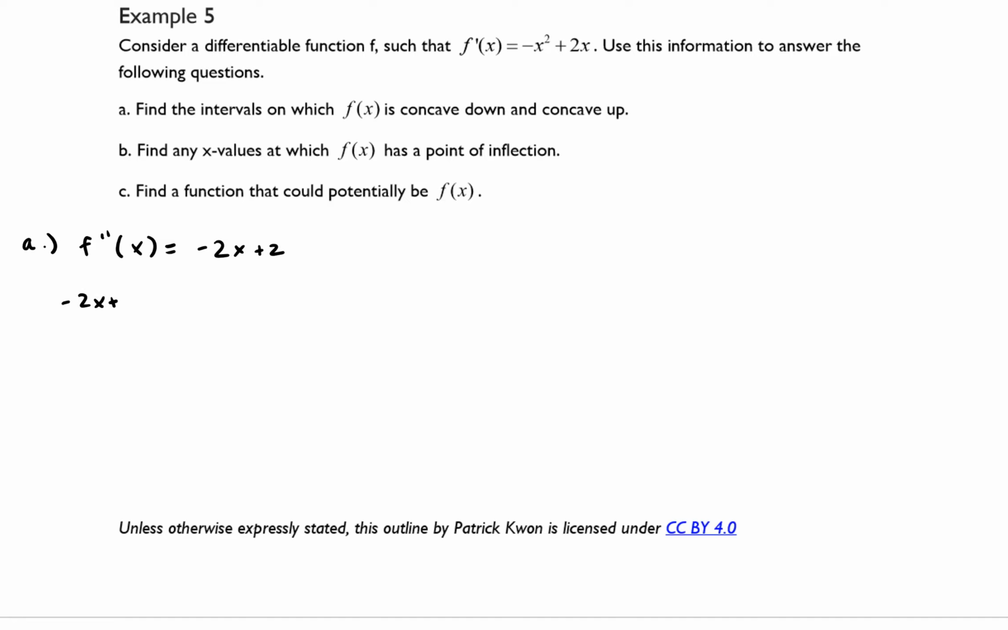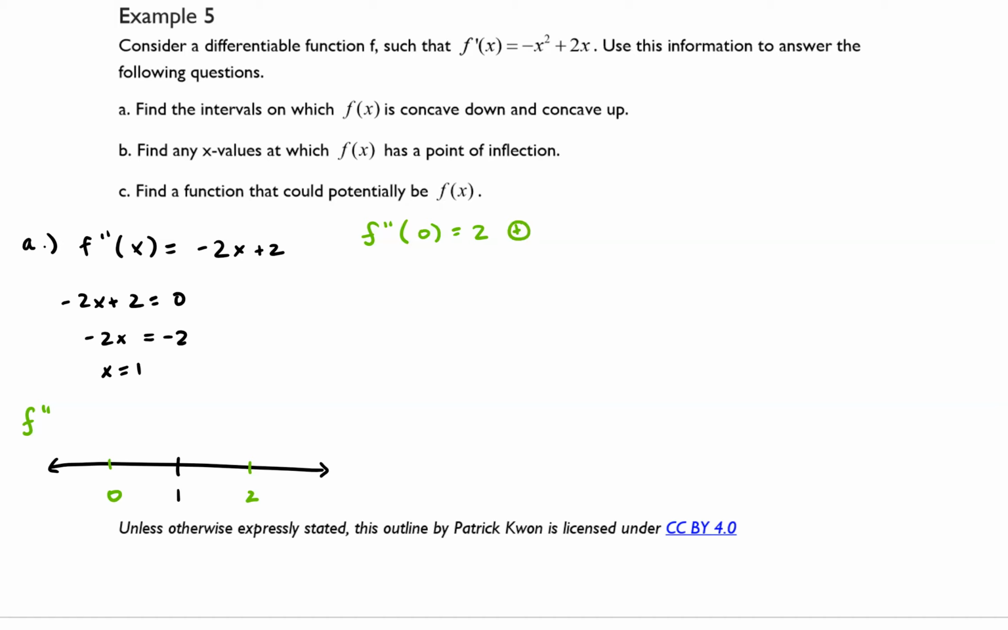And if we set that equal to 0 and solve for x, we get x equals 1. Okay, so I'm going to make my little sign chart now. And here is x equals 1. And then I'm going to use the test numbers 2 and 0 for our second derivative. So let's go ahead and evaluate f double prime of 0. And that's going to be 2, which is positive, and f double prime of 2, which is negative 2, and